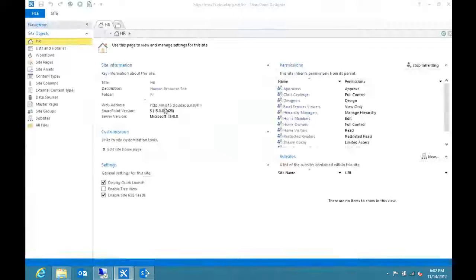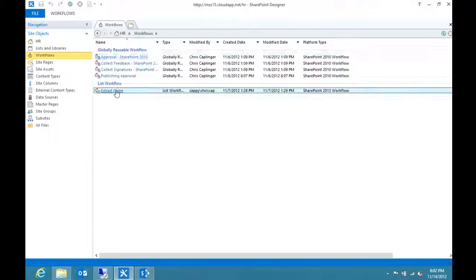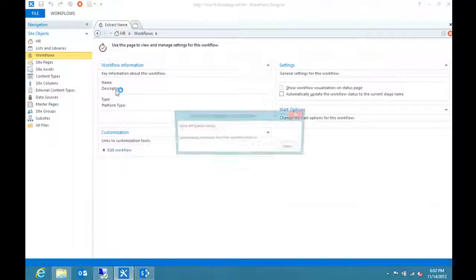Okay, so here we are. I've got my site now. I'm just going to click on Workflows here. And I created a workflow called Extract Name. Now, I'm not going to run this workflow because I know we're running out of time here, but what the